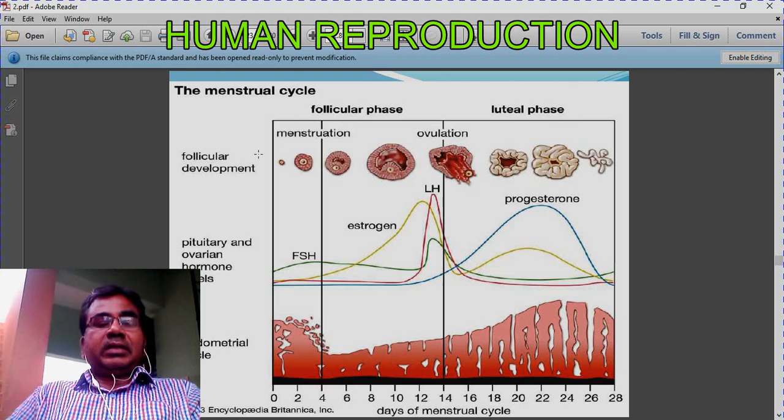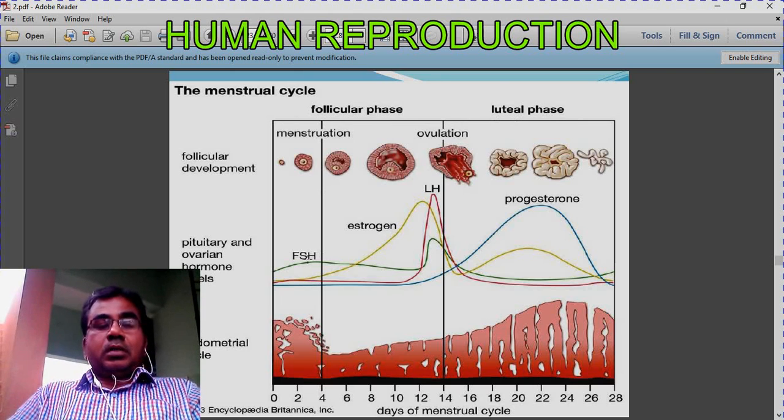So now look at the diagram here. Only the follicular phase and luteal phase are given, but what is there in the beginning, from 0 to 4 or 0 to 5? Menstrual phase. After that, follicular phase, and in this period ovulation is the ovulatory phase, and after that the luteal phase. These are the different hormones, FSH and LH, and LH will be more at the time of ovulation, during the mid cycle. Around the 14th day of the cycle, LH will be more. That is the LH surge.